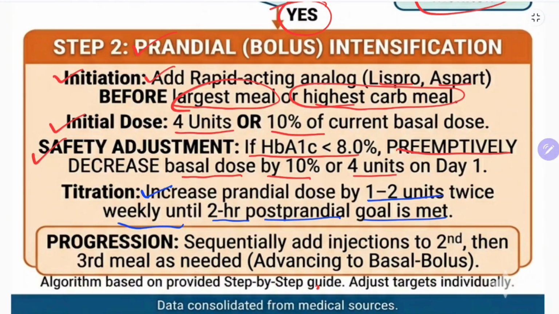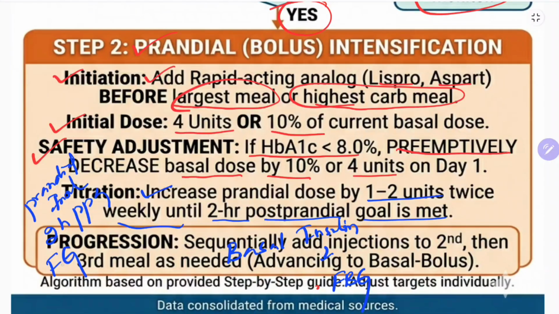So I said, for basal insulin adjustment titration, you will see the fasting plasma glucose level, but for prandial insulin adjustment, what you will do, either you will see a 2 hour post-prandial glucose level or fasting